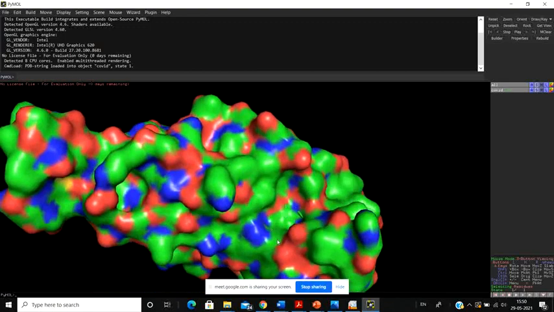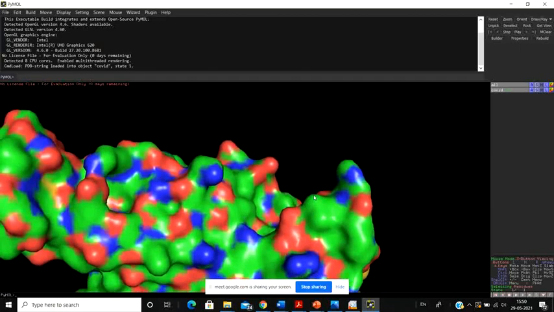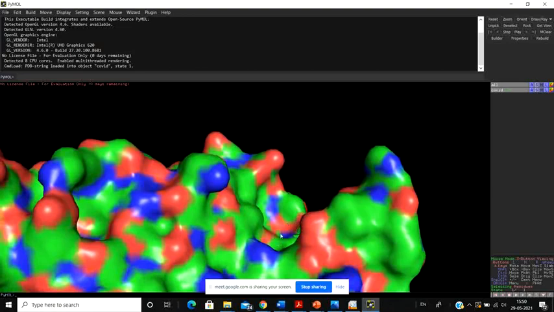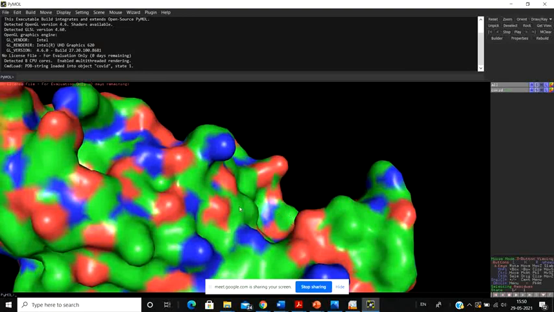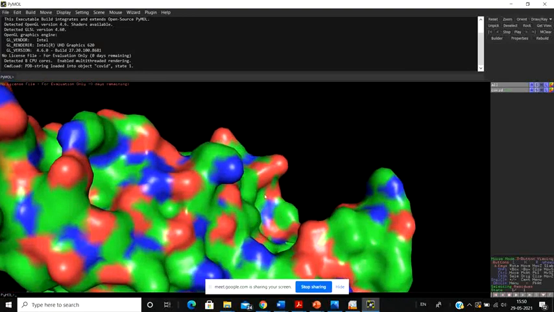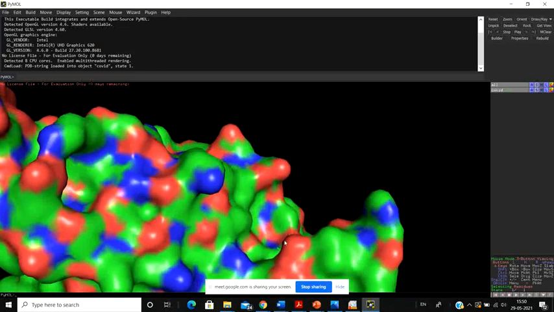Now what does this state? I am going to discuss the protein structure later on in later classes. Just understand that this red region shows electronegativity, and the blue region signifies electropositivity. The blue regions are the nitrogens, whereas the red are the oxygens. Now suppose a molecule wants to fit into this particular groove. I want my molecule to bind to this groove here. Obviously, to fit into this groove, this is the volume where the molecule should fit.